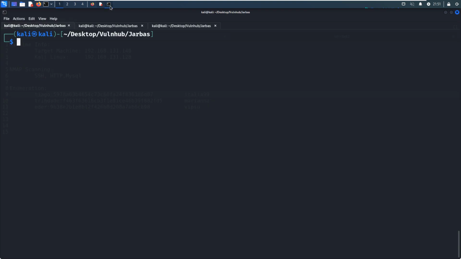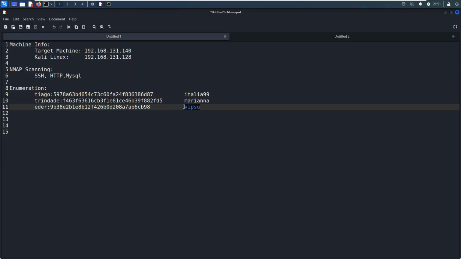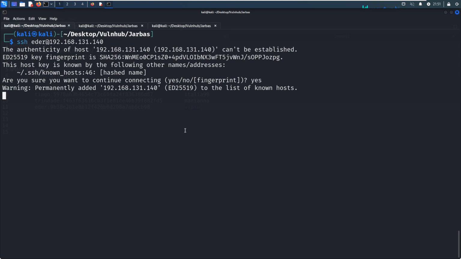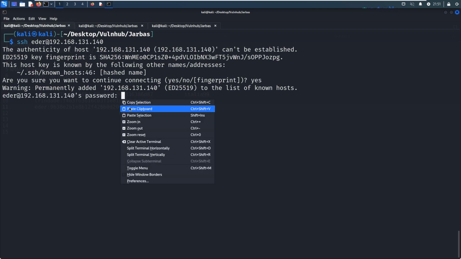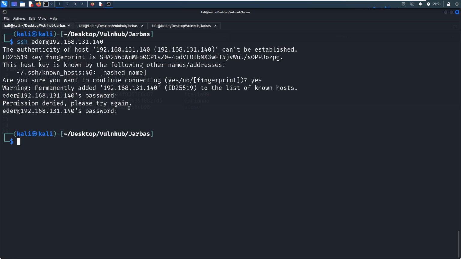So how to do? We can use SSH. So enter yes, and the password we can copy from here. Doesn't work. So next we can try to use another username.